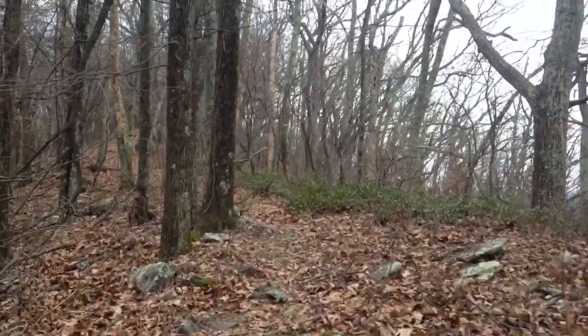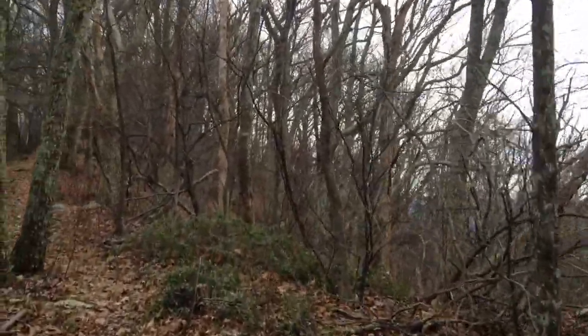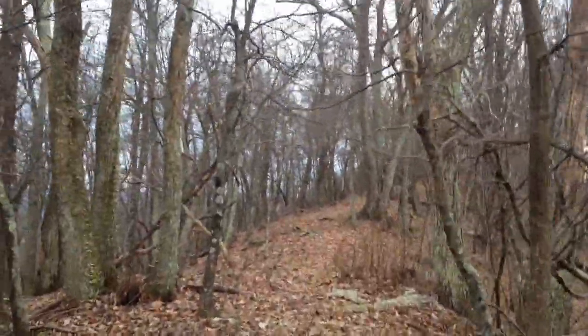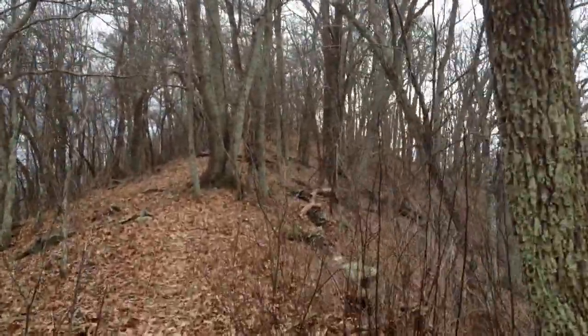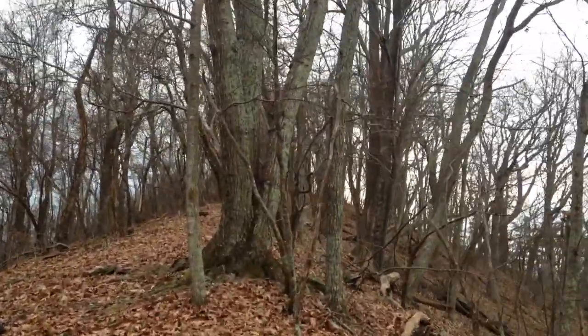I just passed another group of backpackers who were taking their lunch break. Had a nice fire going right on a rock ledge. Nice fire. Bad spot to have it. But anyway,